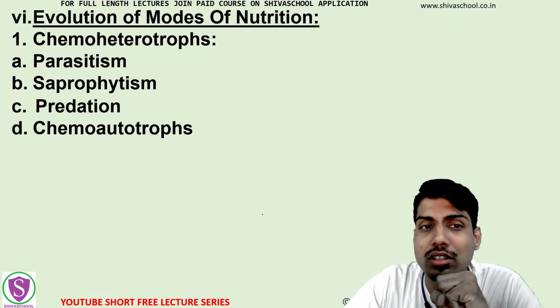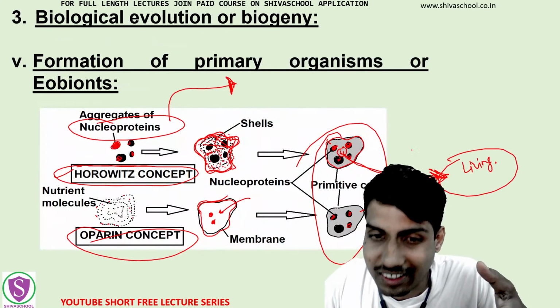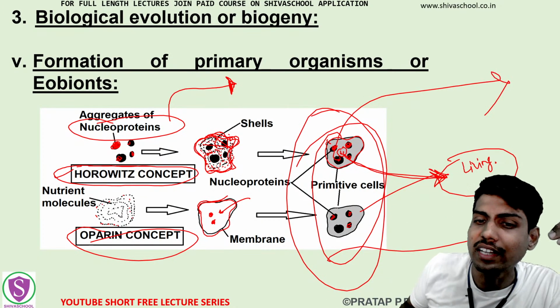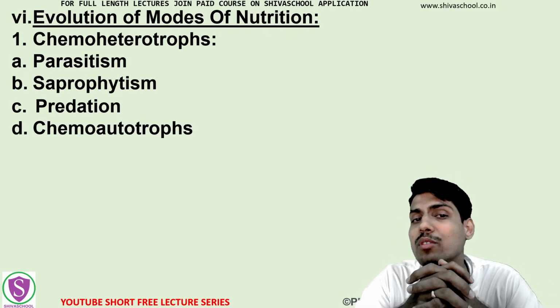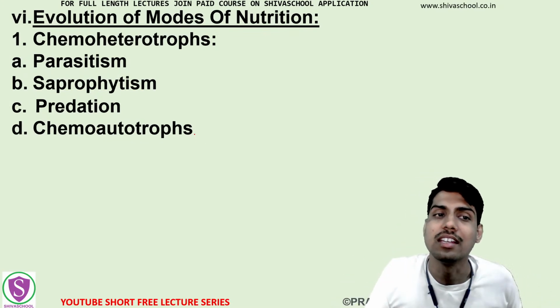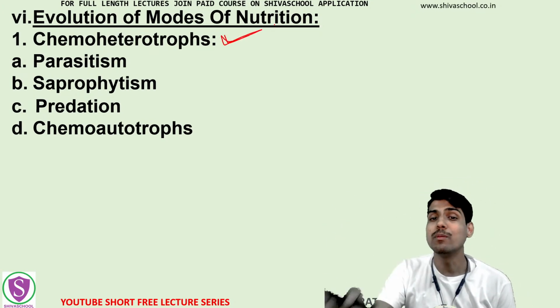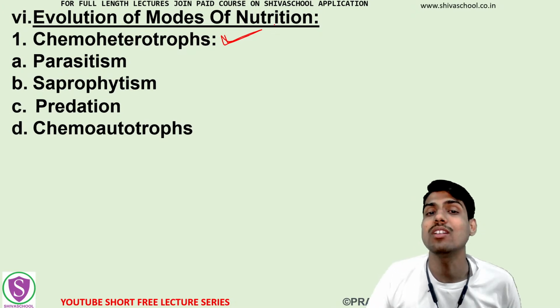Next is the evolution of the modes of nutrition. What have we just seen? We have just formed the cell here. But for this cell to evolve, obviously it will require nutrition. So how might the evolution of nutrition have occurred? See, first is the chemoheterotrophs, meaning these primitive cells developed a characteristic or habit of